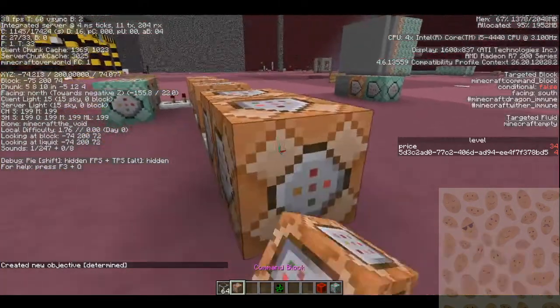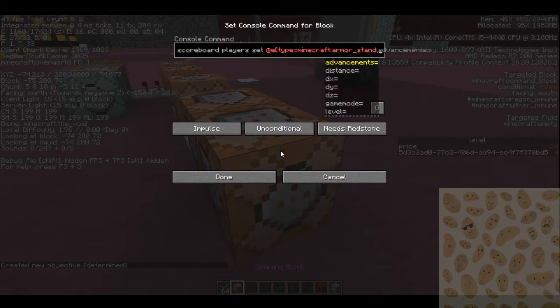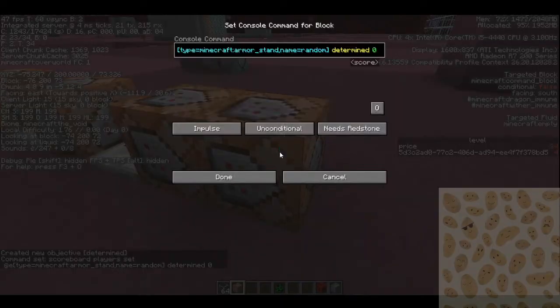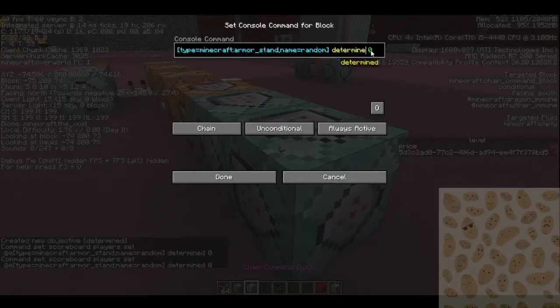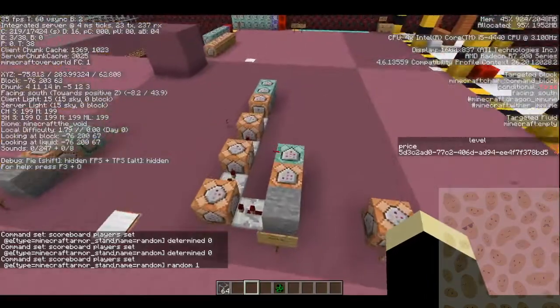We are going to set all their scores. Scoreboard players set @e, type equals armor stand, name equals random, determined 0. Just be a chain. And it's also going to set their random score to 1. All right. Now what it's going to do, every single tick